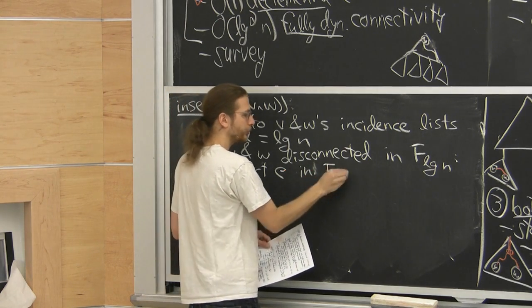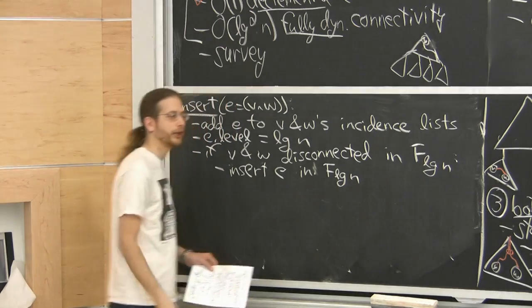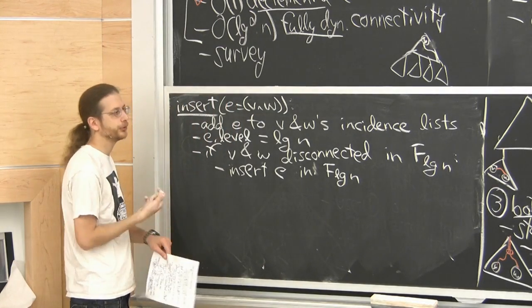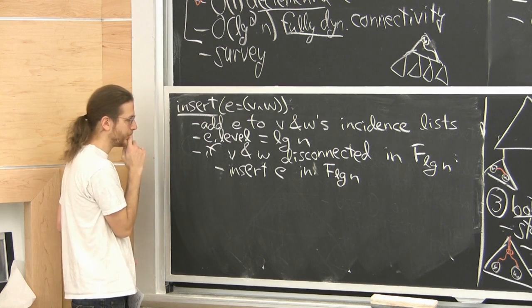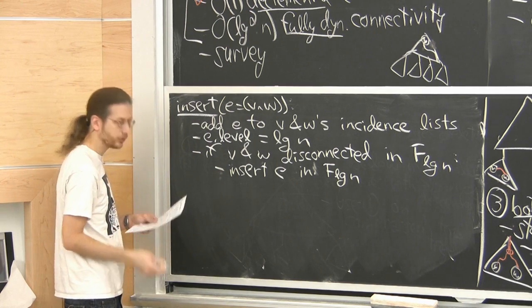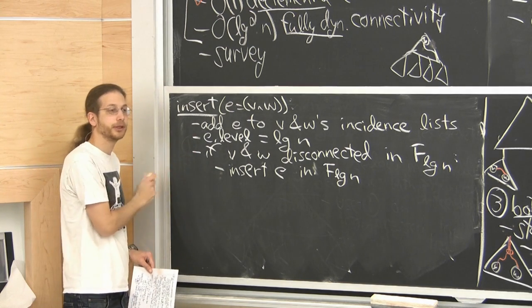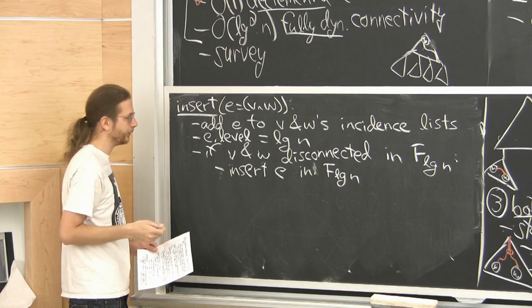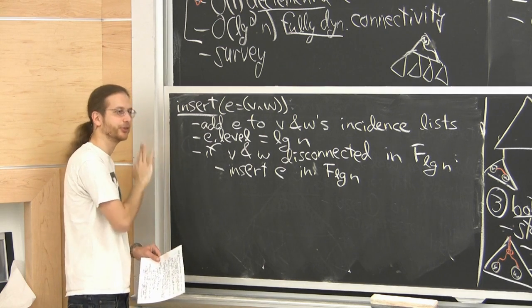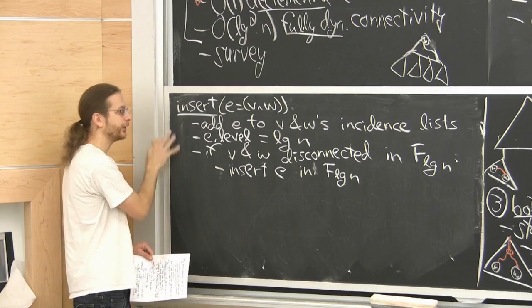So this is an Euler-Tour tree insertion that we know how to do in log n. We reroute, and we do a join. So that's cheap, and that's it. Okay, so insertion is easy to do in log n time, actually. It's deletion that's going to be painful. Actually, we're going to charge to the insert, so it'll end up being log squared amortized. But worst case, it's log n.